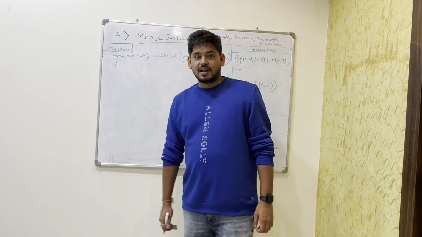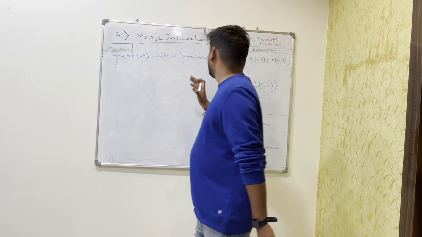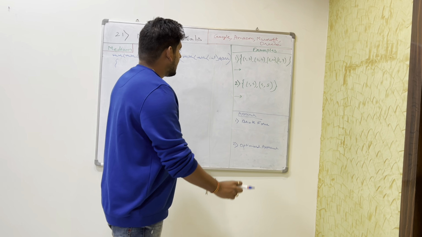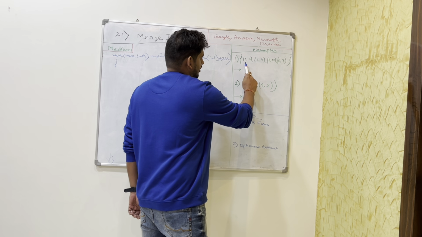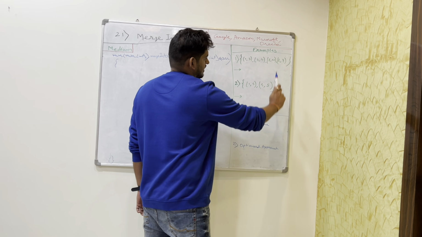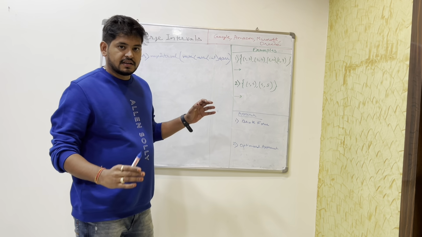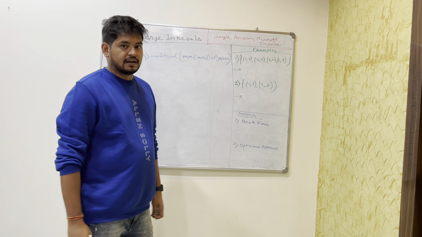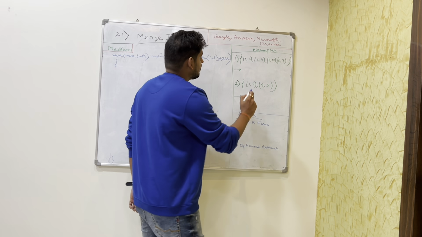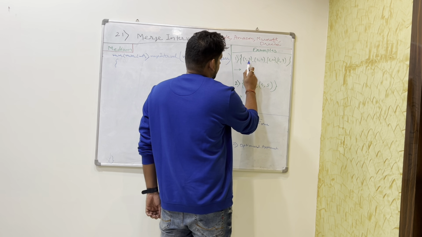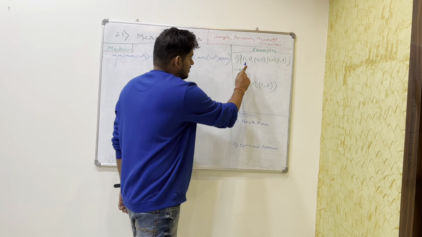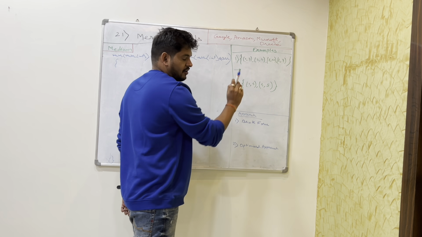So, merge overlapping intervals. We are given a vector of arrays, and these are the values: 1, 3, 2, 4, 8, 10, and 6, 9. We need to return the intervals again, but we need to merge the overlapping intervals. So what interval is overlapping here? If you see here, 1 comma 3 and 2 comma 4. This is the starting point. This is a pair of vector